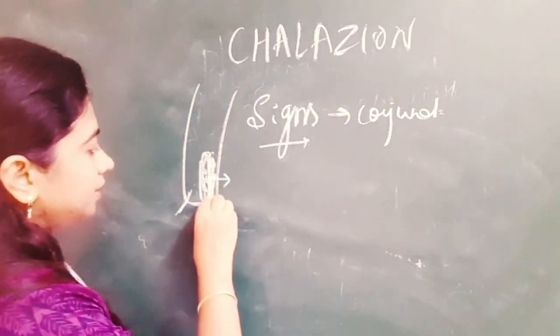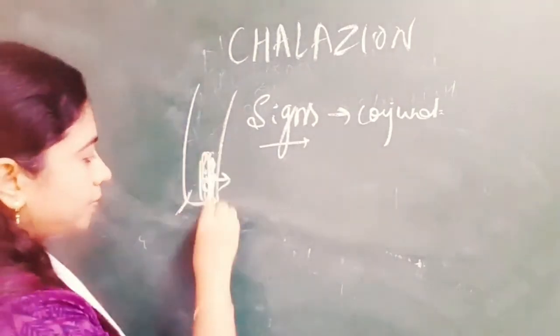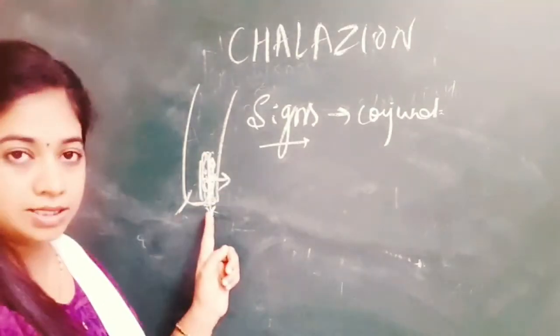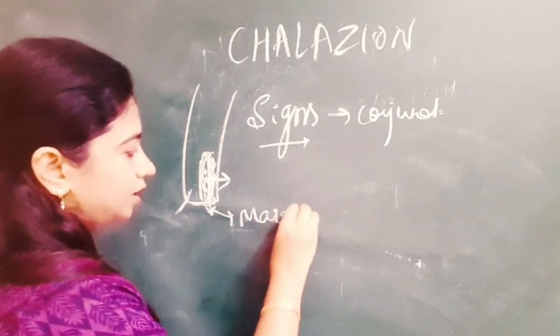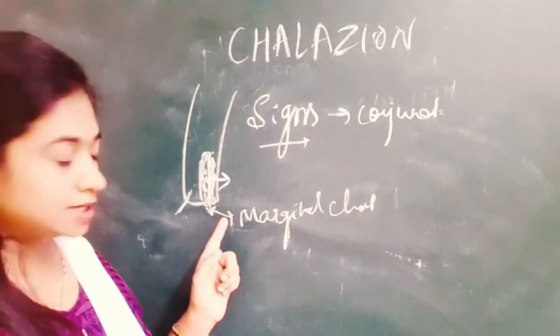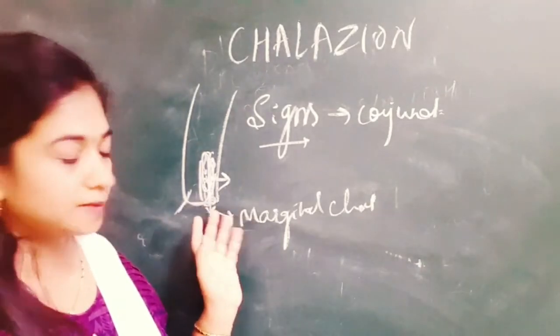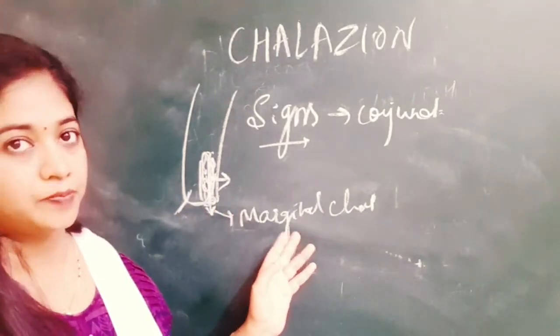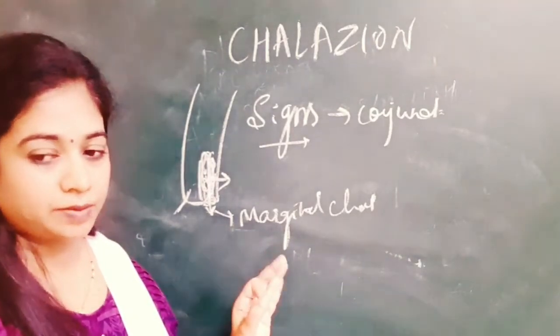Sometimes it can be pointing towards the conjunctival side, or it can be pointing towards the marginal side, that is the lid margin. This is called as the marginal chalazion. Okay. If the contents of the meibomian glands are opening almost from the duct itself, but pent up secretion, that is called as marginal chalazion. So these are the signs which you elicit in chalazion examination.